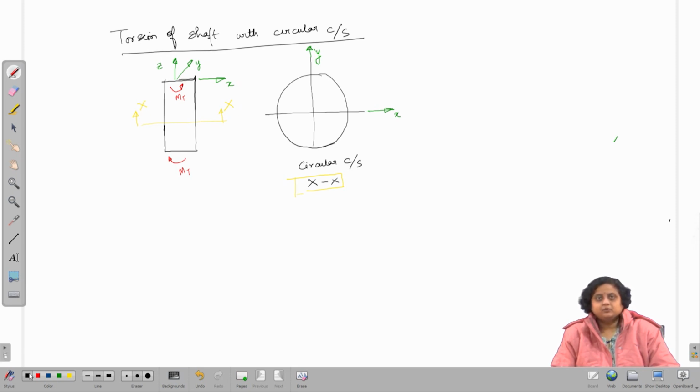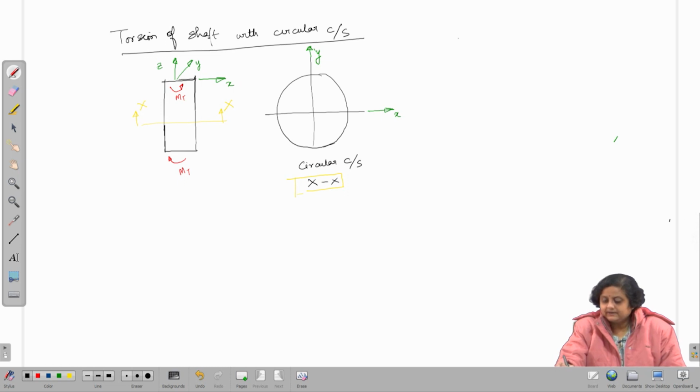An equal and opposite Mt is acted on the shaft, so that it is in equilibrium. As many of you might know, there are certain features of torsion of circular shaft. So, let me just quickly write down the